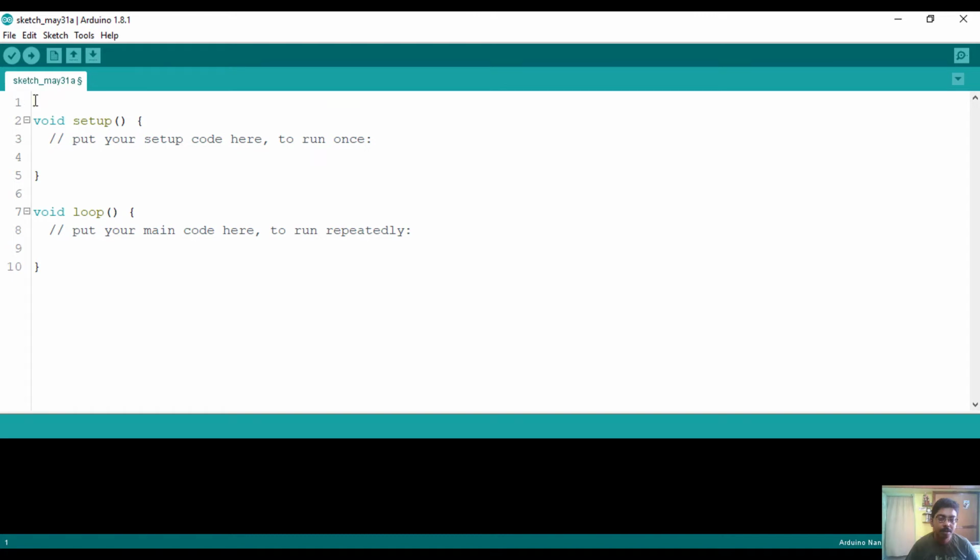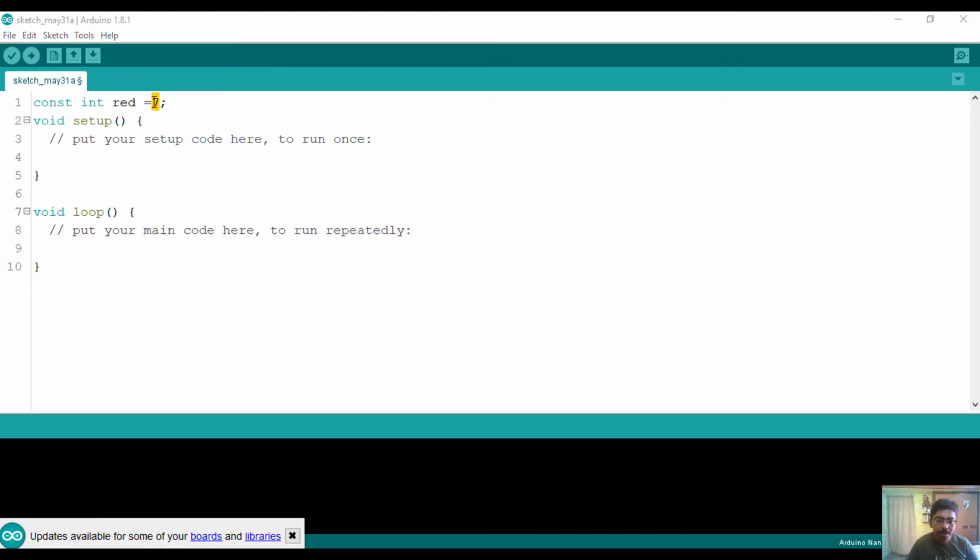Now we are going to define an LED on output pin 7. For that, here const int represents a constant integer and red is the variable which is assigned the number 7.